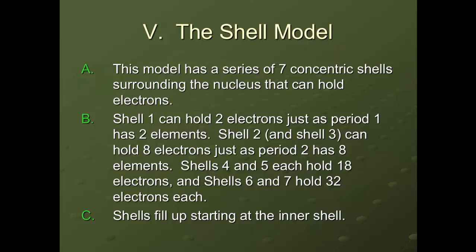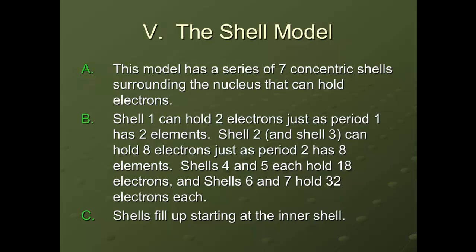So we have this shell model that we describe an atom by. It has 7 concentric shells around the nucleus. Shell 1 holds 2 electrons, and it's just period 1. So if you look at your periodic table, you'll notice that you just have hydrogen and helium, and those 2 elements correspond to the fact that shell 1 can only have 2 electrons. So hydrogen has 1 electron, helium has 2, and then we move down to period 2, which is going to